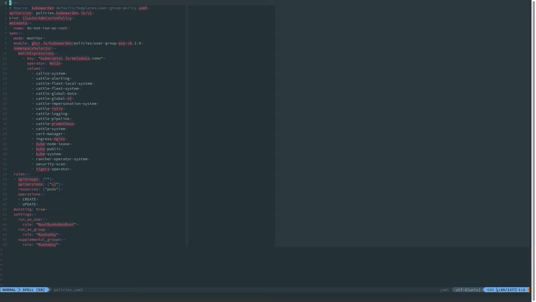The last policy is a little bit different. It is still running in monitor mode, but here we can mutate the admission requests generated by the creation of a resource, because this is a replacement for PSPs, and in the PSPs, for some specific configurations, when the user does not provide the expected configuration, the policy will change